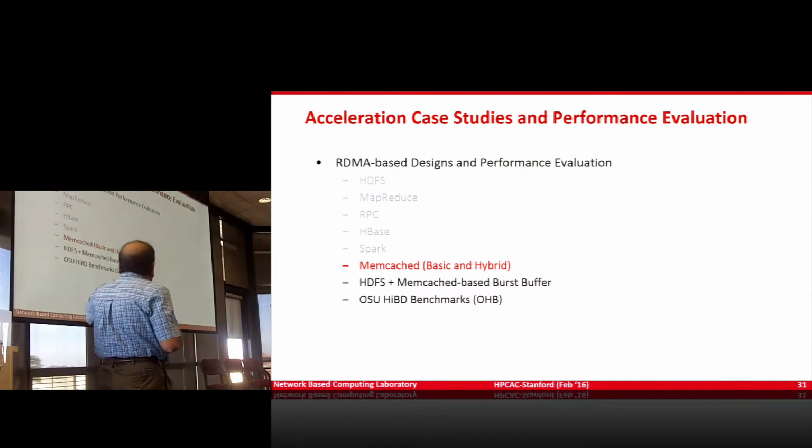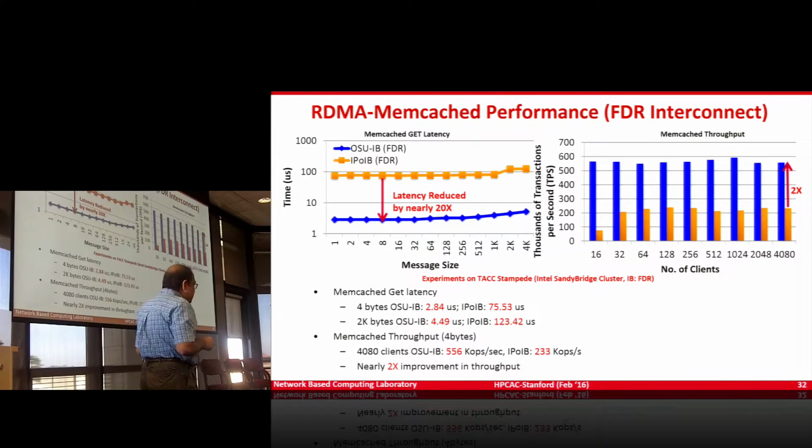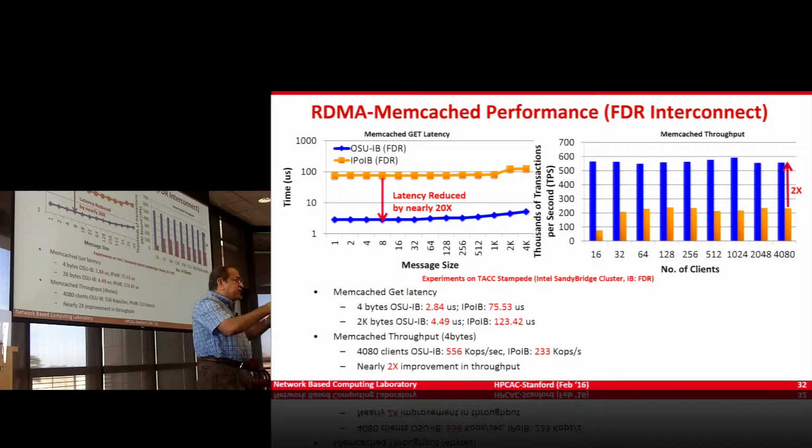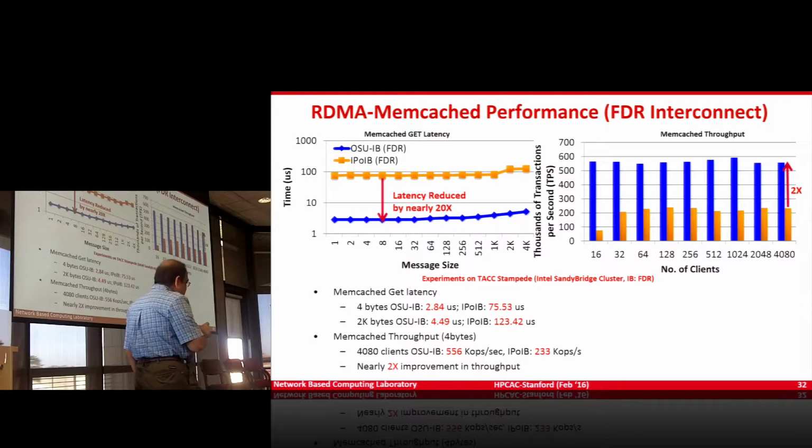So then going to Memcached. Memcached, as I showed in the architecture at the beginning, people were just taking memory from a set of nodes. And especially now that SSDs have come, the next level of designs are trying to explore whether we can also combine SSDs. That is a kind of hybrid design. I'll show you the basic design first.